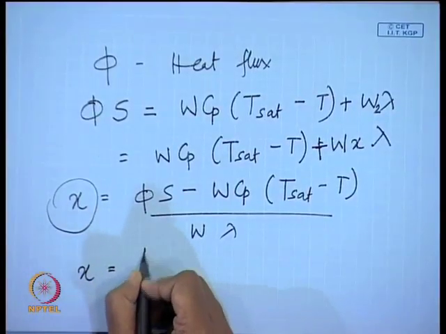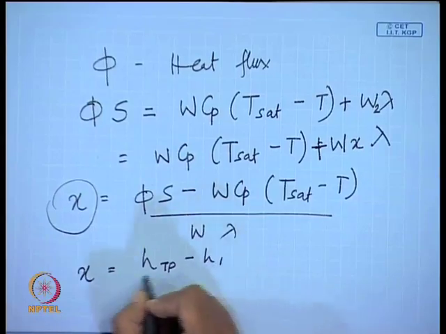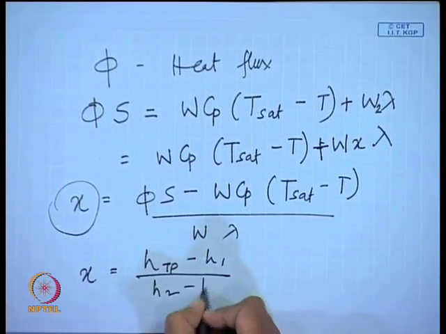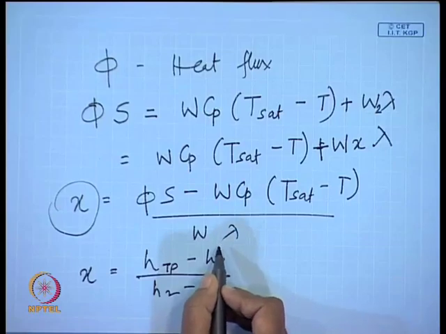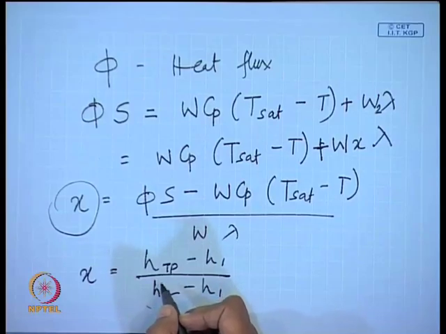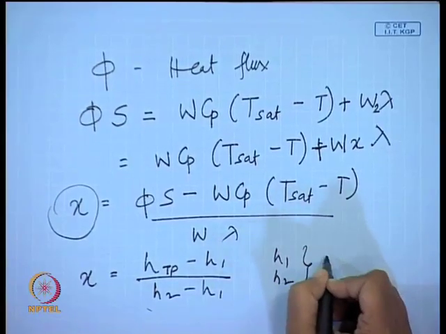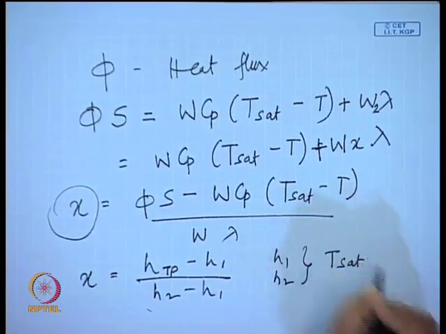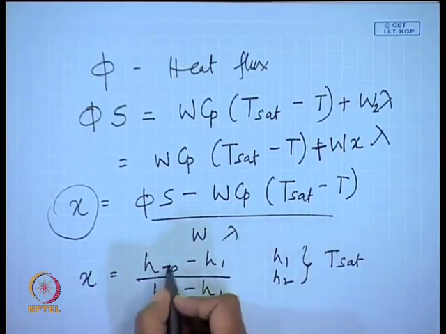In that case, x is equal to h two-phase minus h1 by h2 minus h1. h1 is the enthalpy of the saturated liquid, h2 is the enthalpy of the saturated vapor, under the same conditions as the saturated liquid. That means h1, h2 both of them are measured at the saturated temperature T sat,